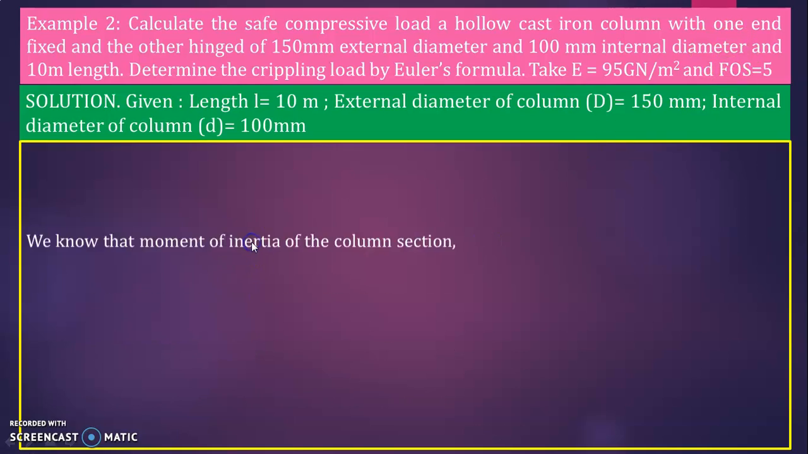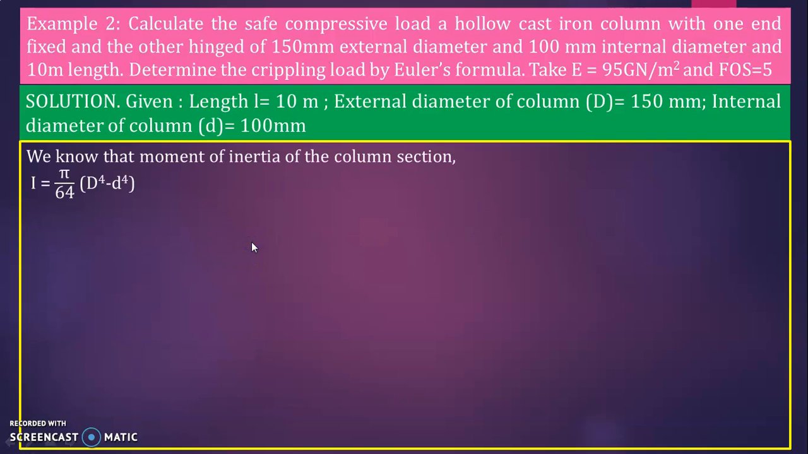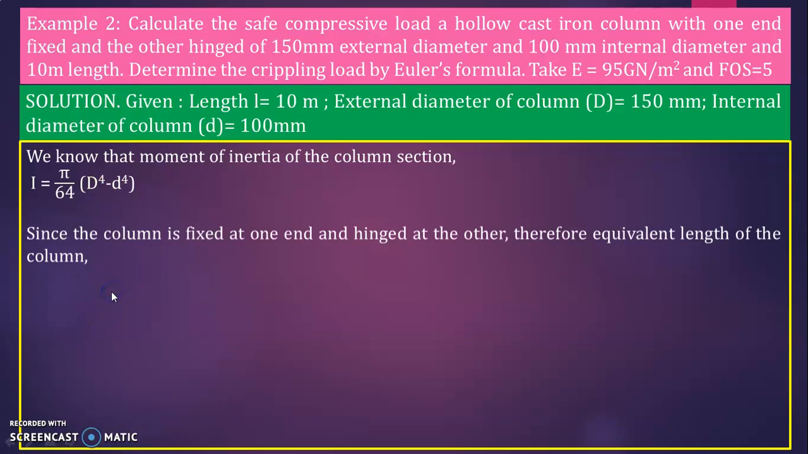Factor of safety is 5. So let us first find the moment of inertia I. This is a hollow cylindrical section. So I is equal to pi divided by 64 into capital D raised to 4 minus small d raised to 4. Simplify, substitute D is 150 mm whole to the power 4 minus small d is 100 mm to the power 4 into pi divided